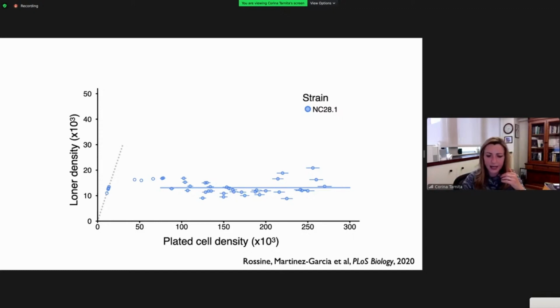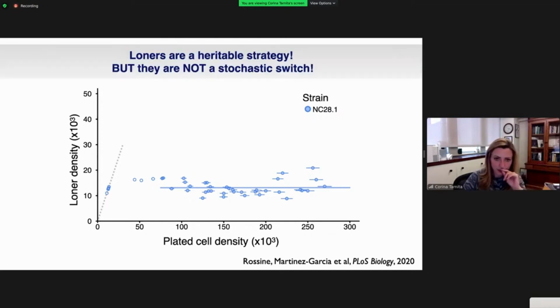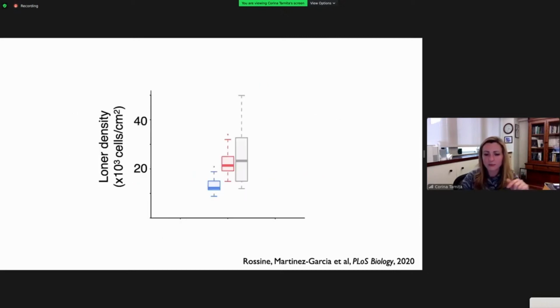So anyway, the good news about this was that they certainly weren't random. In fact, it was a pretty clear pattern that we were observing. So all of a sudden, there was something that was clearly worth investigating. They're definitely not a stochastic switch, but they seem to be somehow part of the life history strategy of this organism. And we can look at different genotypes. All of these genotypes are wild isolates, so their behavior hasn't been transformed in any way in the lab. And we can see that they have different numbers of such loners,